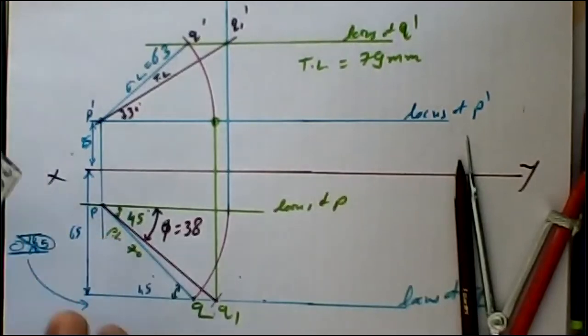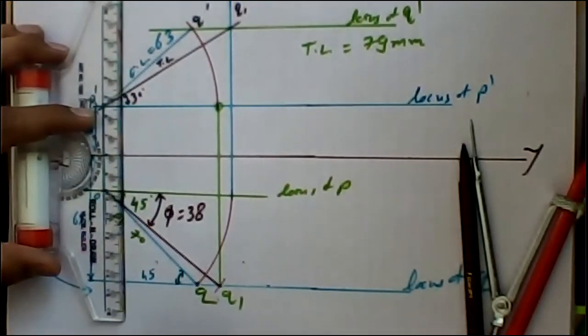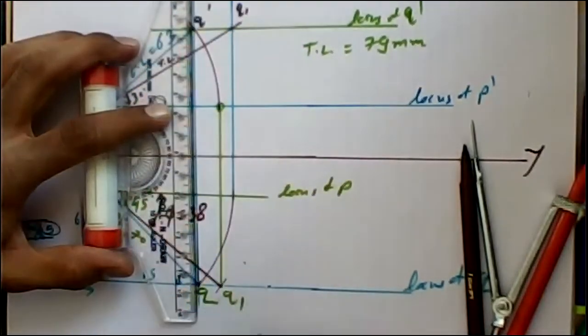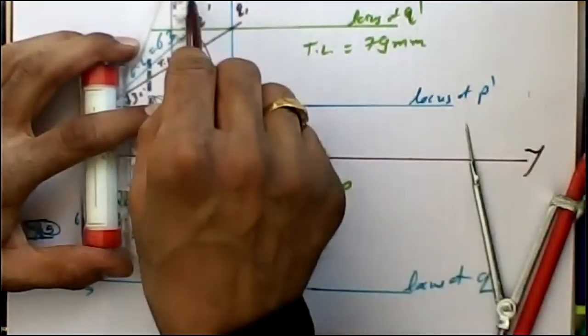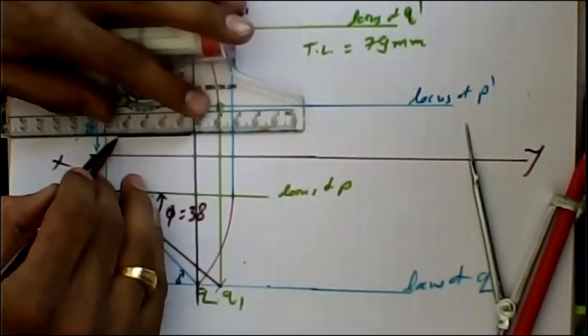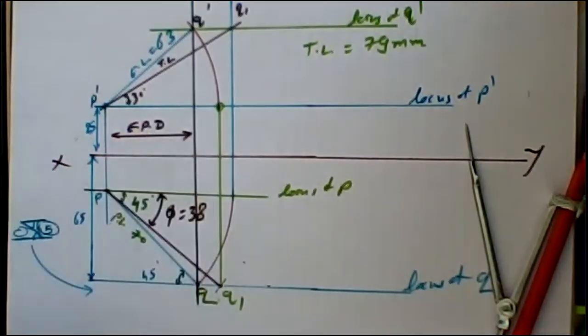Okay, so we have got the whole solution. Try to practice it and try to identify the other parameters. And if you want to verify, then you can just place a straight line. If Q and Q dash come in a single straight line, then the solution is true. Okay, and this distance is going to be called the end projector distance. You can measure it and you can have other details.